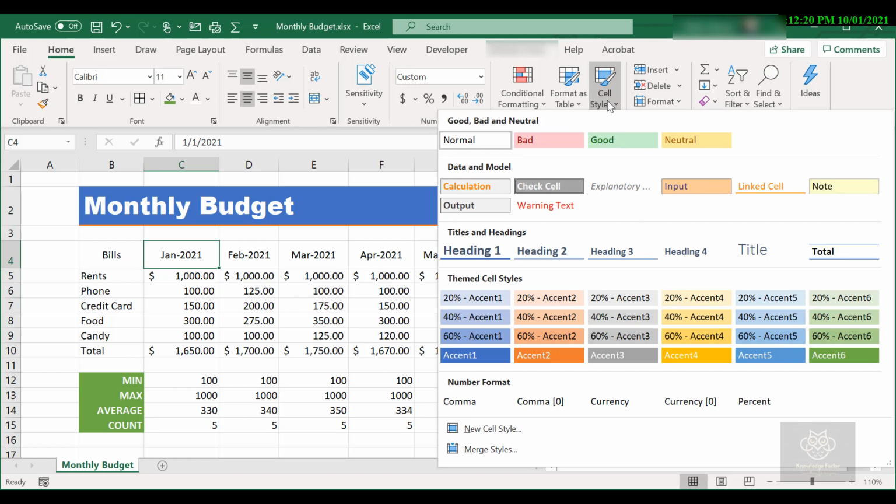Now I'm on a Windows system here, so when I hover over the top of them, I get a quick little preview. You see that? I can preview it. Select a cell there, and it shows how it looks with that style or that formatting applied to it. So now I want to create a new one. So I'm going to go down to New Cell Style and give that a click.